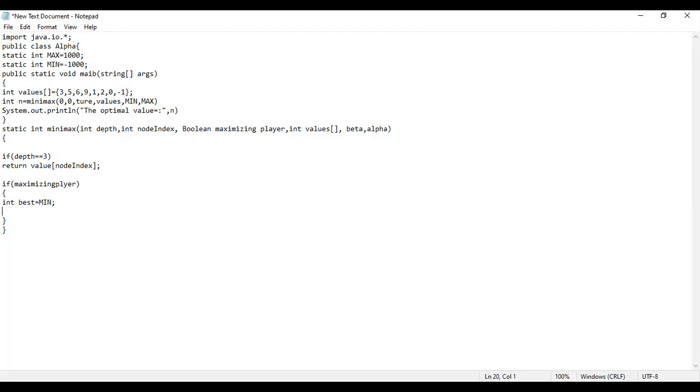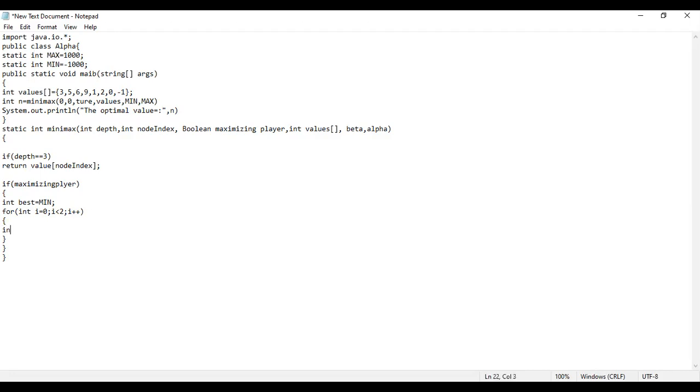So here a for loop: int i equal to 0, i less than 2, because each node has a maximum of 2 children, then i plus plus. This is the body of the for loop.